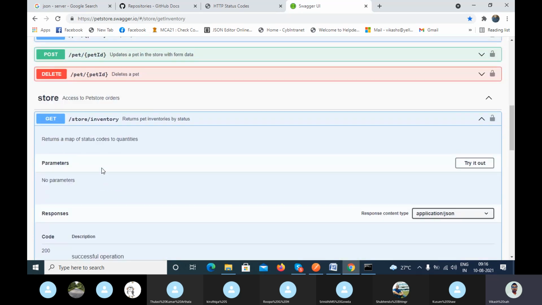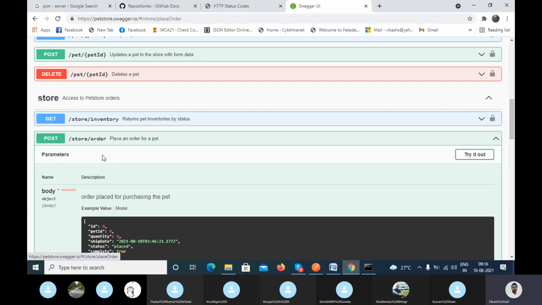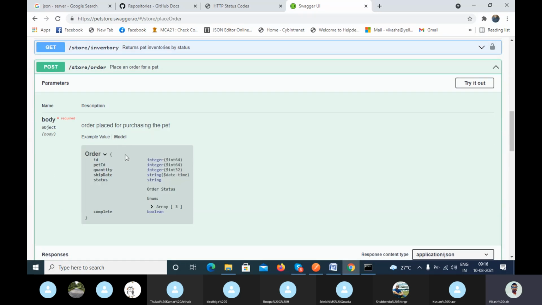I come to the Swagger requirement and go to the pet order and the model. Here you can see the status is placed, approved, or delivered. So when you create the request body, you have to pass the status as placed, approved, or delivered. Those are the three values you can pass.